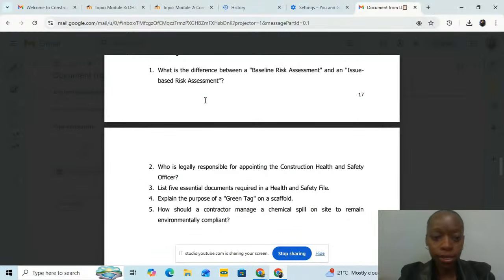So the correct answer for this would be: the baseline risk assessment is the first and the most comprehensive assessment that is carried out in a workplace or the project. It is conducted to identify all the potential hazards and risks